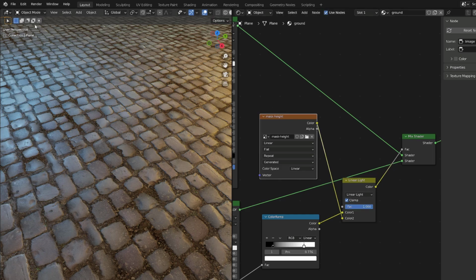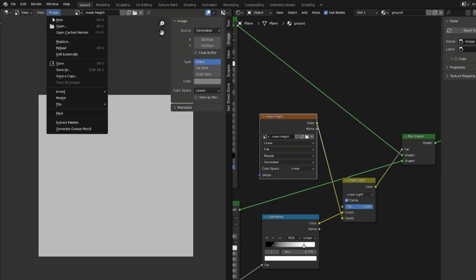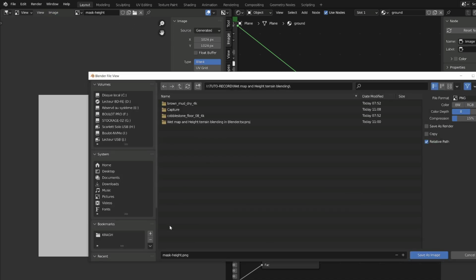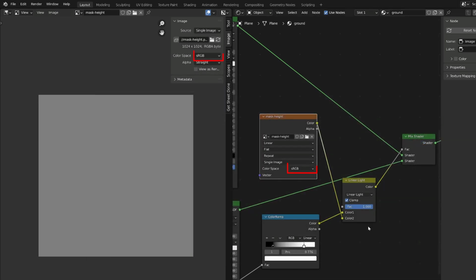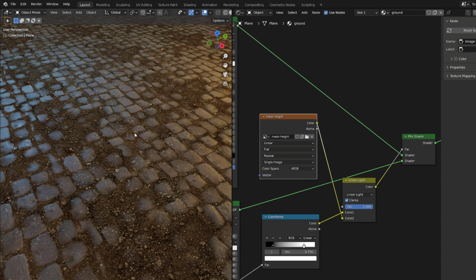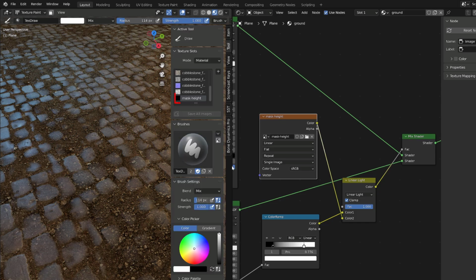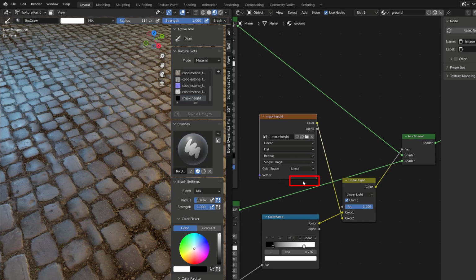I will get back to the image editor and save the texture we have created. Note that whenever you are saving a picture, often Blender switches it back to sRGB, so I will have to set it back to linear. In the meantime, I will go back in the 3D view and switch to texture paint mode. Press N to display the properties panel, go to Tool and make sure that the mask is selected. I will switch back the texture to linear, and now I can start painting in black and white.